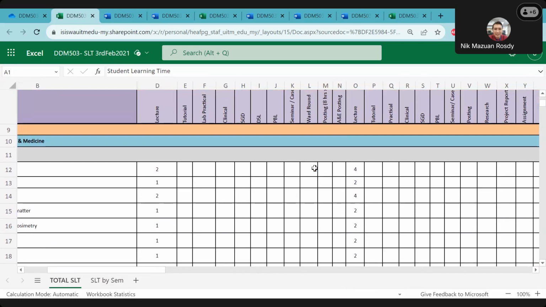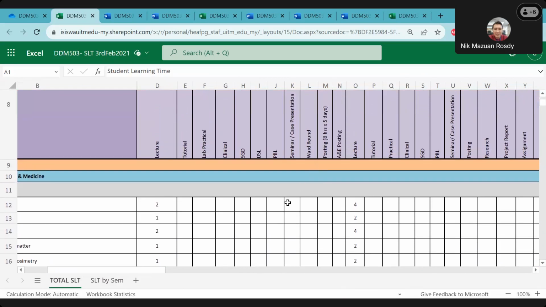And then macam mana nak kira non face to face tu, ada guideline daripada Dean's Council. Guideline tu pun available dalam kita ada dalam group tu. Kalau tak ada, you tak jumpa, let me know. Okay, so kalau satu jam, Dr. Nick, berapa jam? Yes, Afiq? Sorry. Berkenaan dengan guideline tu, saya tengok dia yang kalau